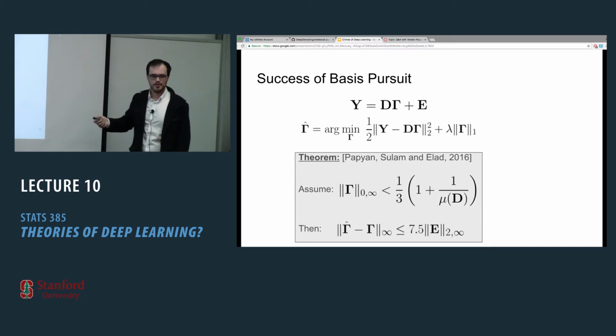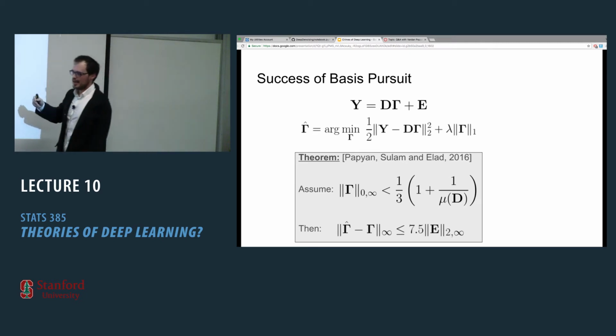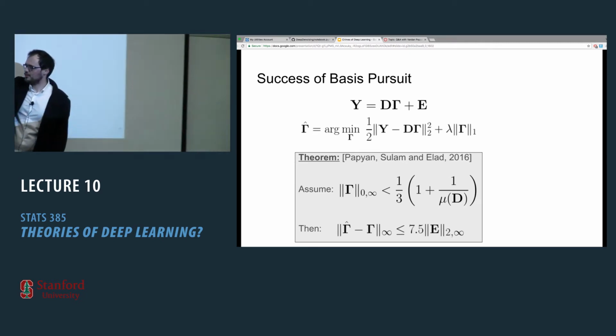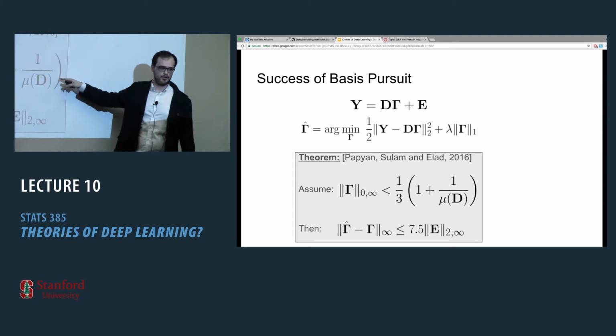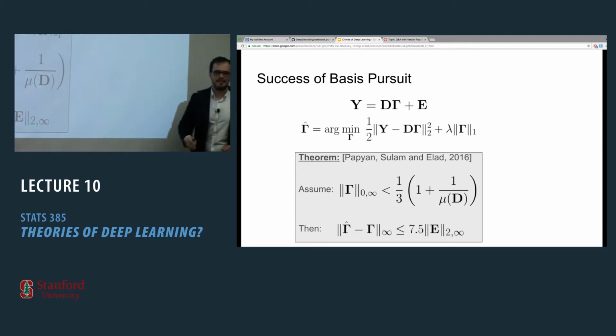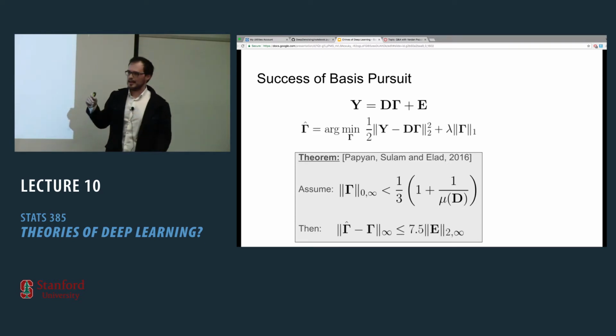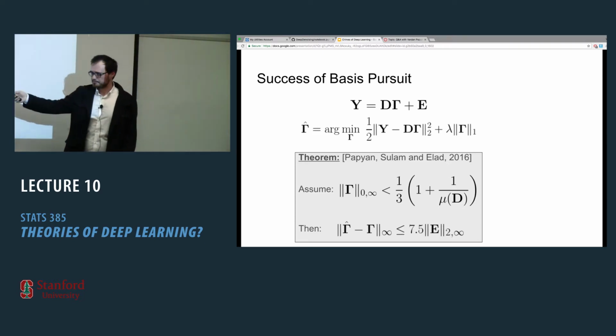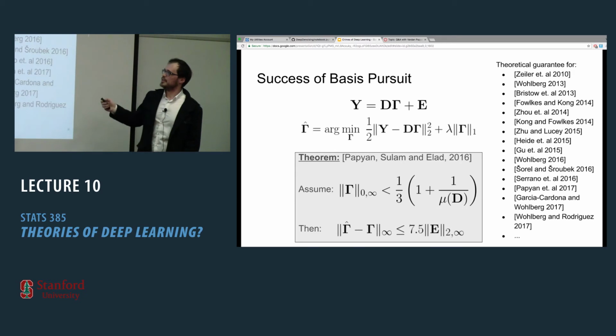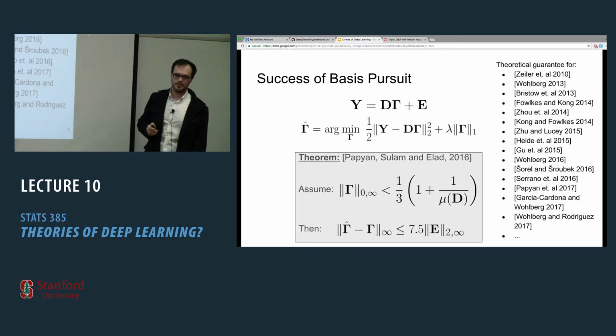Why is this important? Because instead of allowing 8 non-zeros globally, you can allow this number per each local neighborhood. So basically you can scale the number of non-zeros allowed with the dimension. And this is basically providing a theoretical guarantee for all these works that we're doing in convolutional sparse coding in recent years.